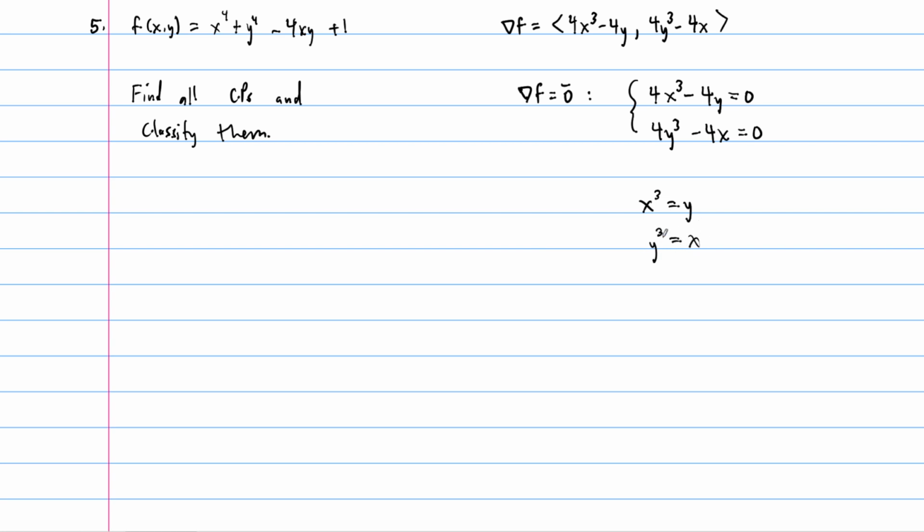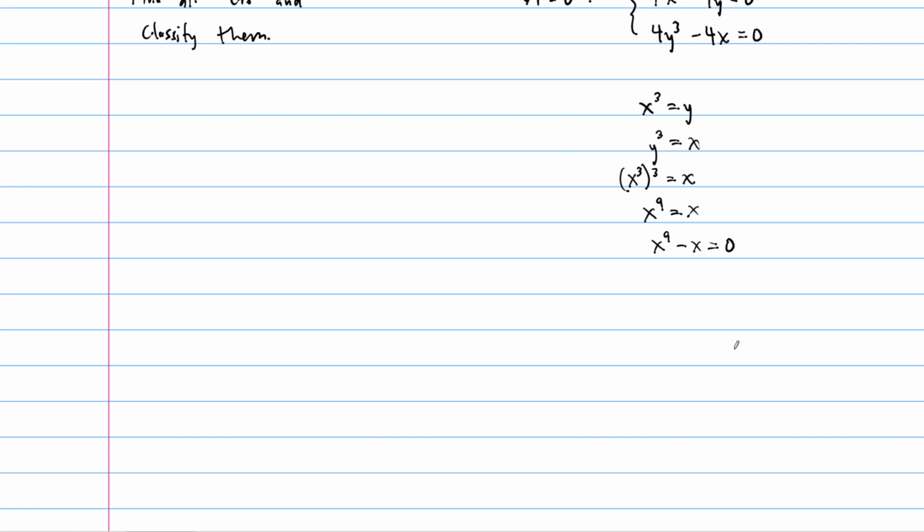And so we can do some substitutions here, either way that you want to go. But let's go in this direction. If y equals x cubed, we can plug into here, and so then we get x cubed cubed equals x. And so this is going to give us that x to the 9th equals x, or x to the 9th minus x equals 0. All right, and by factoring this, we get x times x to the 8th minus 1